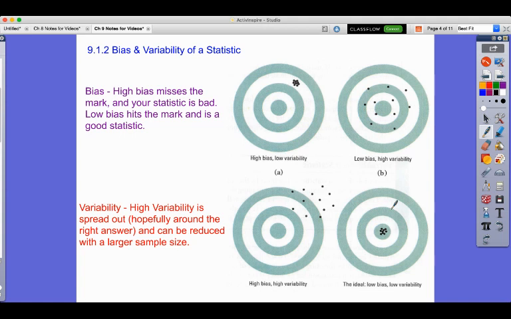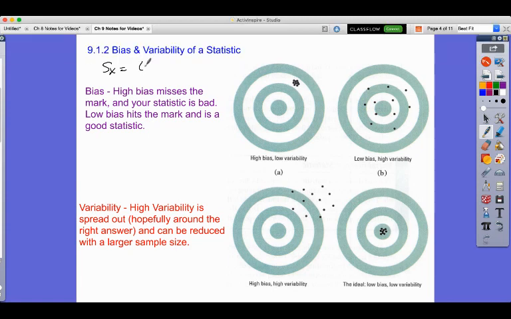Right, so we want to talk about the quality of a statistic. There's two things we can talk about measuring: the bias of a statistic and the variability of a statistic. And one that I want to talk about in particular is when I use the sample standard deviation,